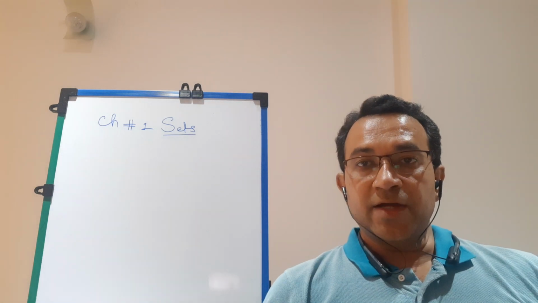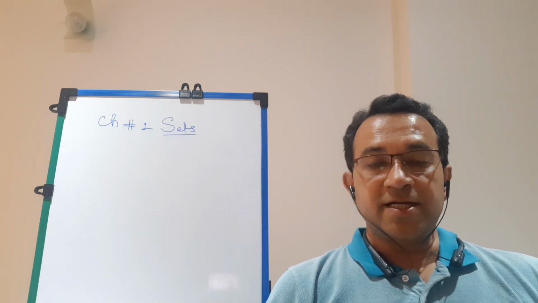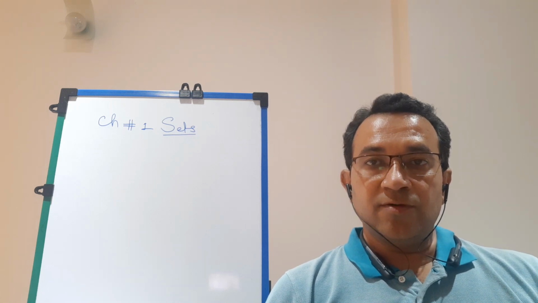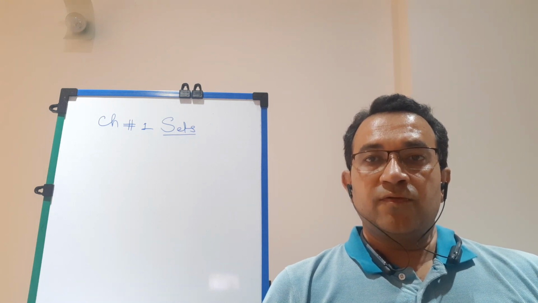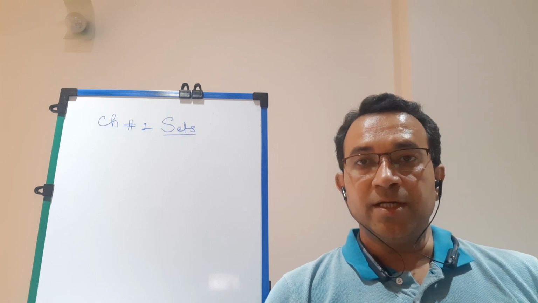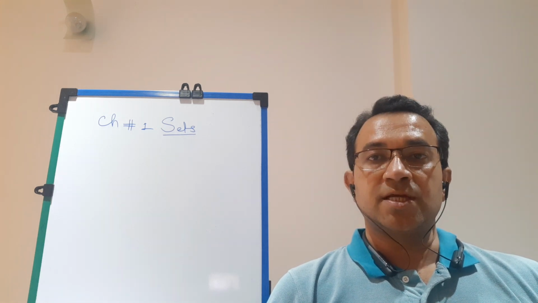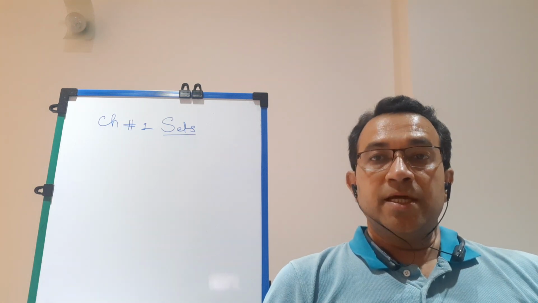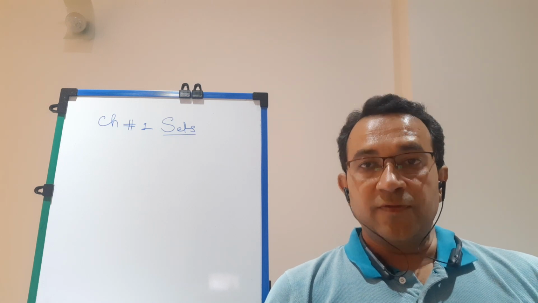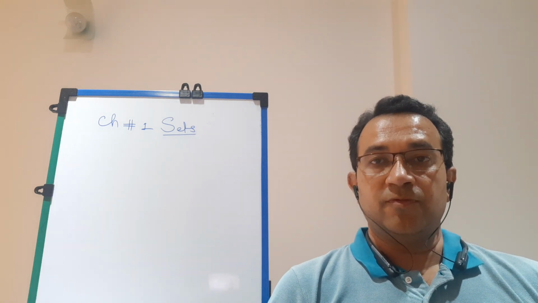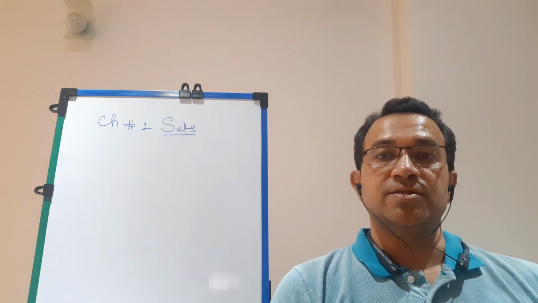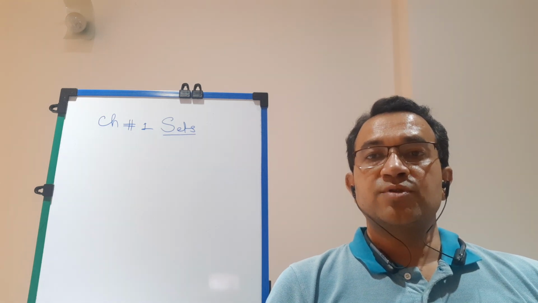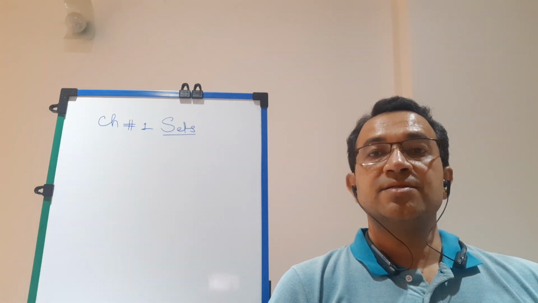Suppose I have a collection of states of India. All states are well defined, so this is a set. Then I have a collection of domestic items used at home in day-to-day life. We can define all of them, so it is a set. Then I have the set of numbers from 1 to 50. Each of the numbers is very well predefined, so this collection is a set. So a well-defined collection of items, objects, or numbers is defined as set.